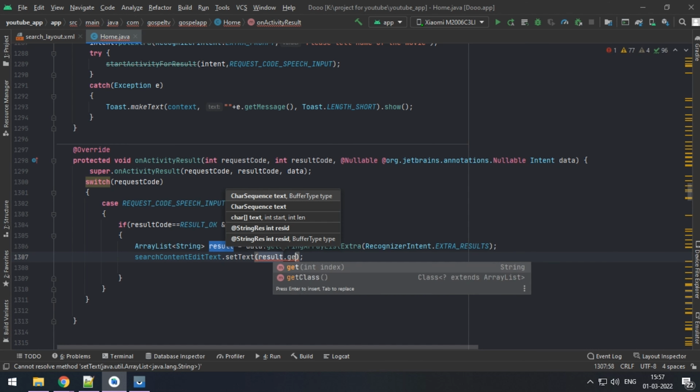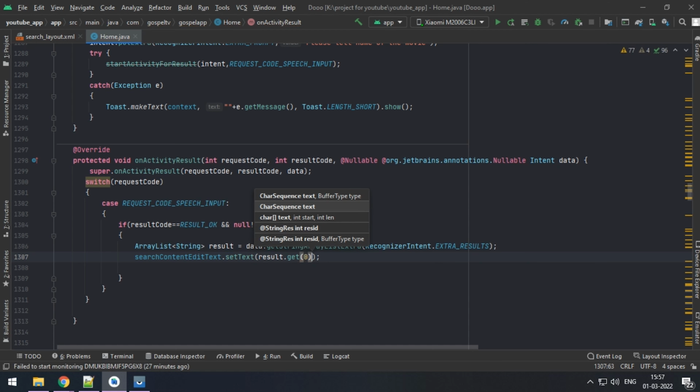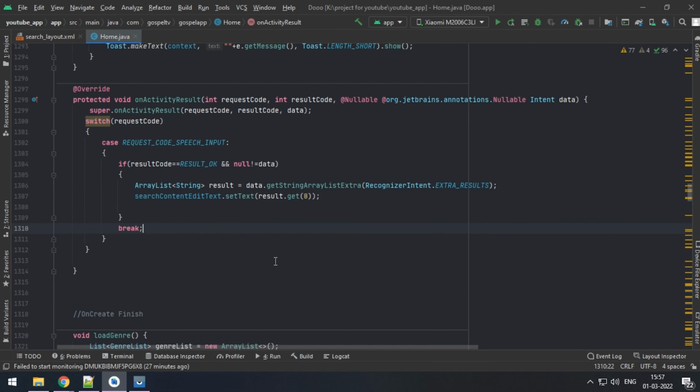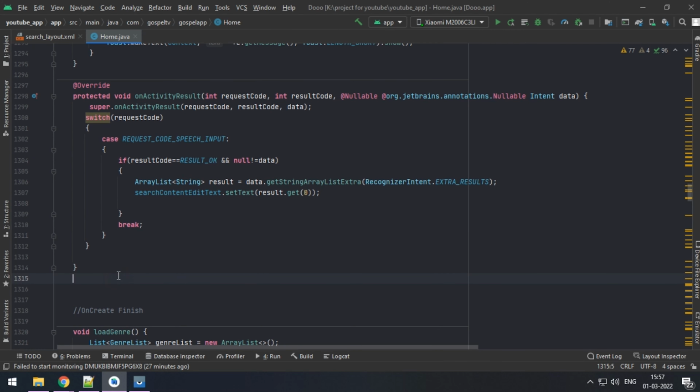The final statement tells us to send the resultant array starting from 0 to the edit view, if all the above conditions are satisfied. That's all, our coding part is over. We will run and see if it really worked.